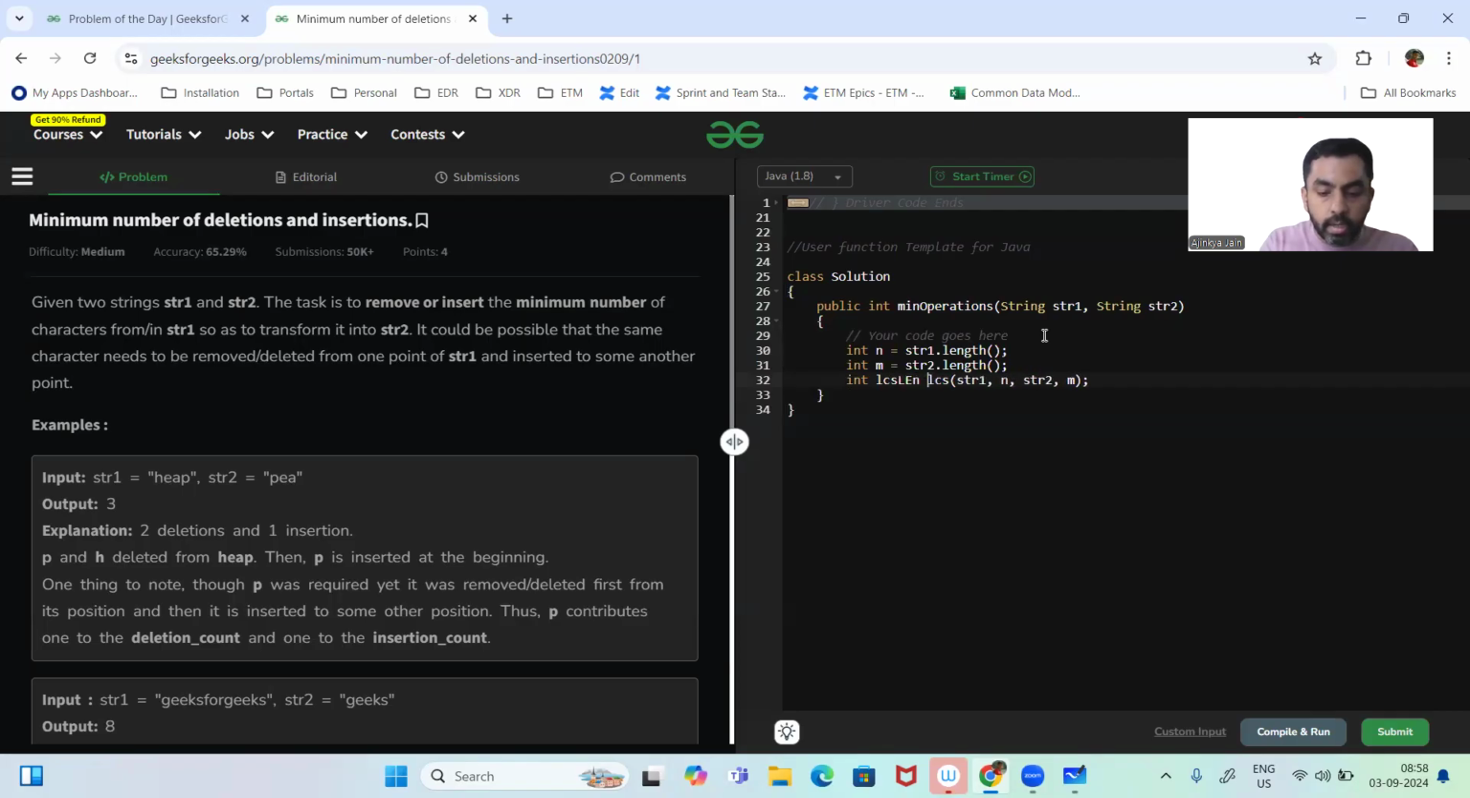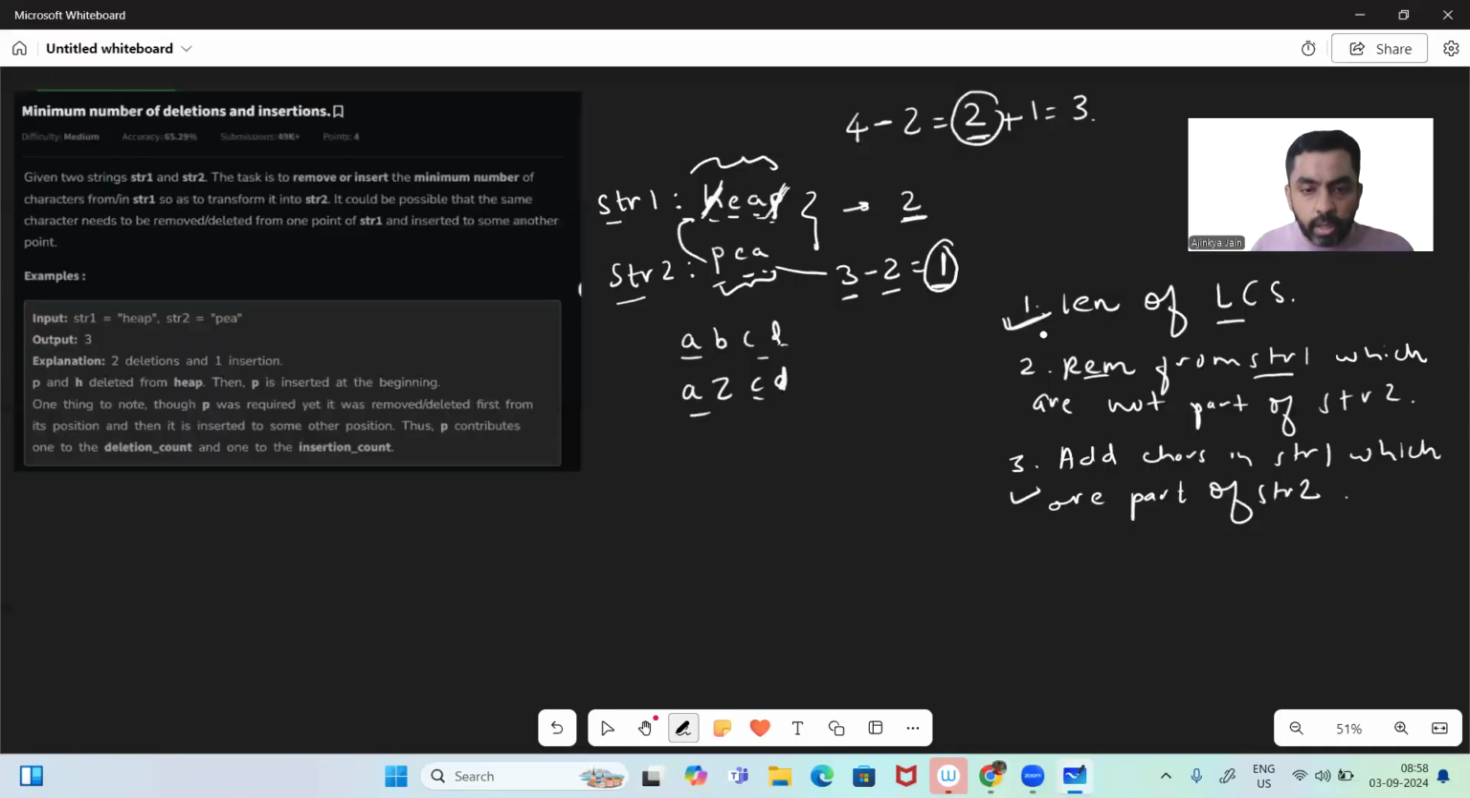LCS length. Now, what we are going to do is, for example, let's say we have a string A, B, C, D, and another string A, B, C, D, E. This is string one and string two. We are going to start with the last characters matching. We check whether this character and this character are the same. If it is the same, we increment the length of the longest common subsequence by one. Otherwise, if the characters are not the same,